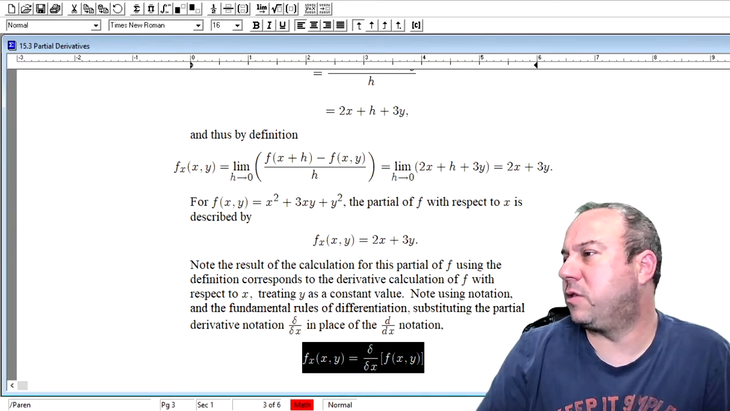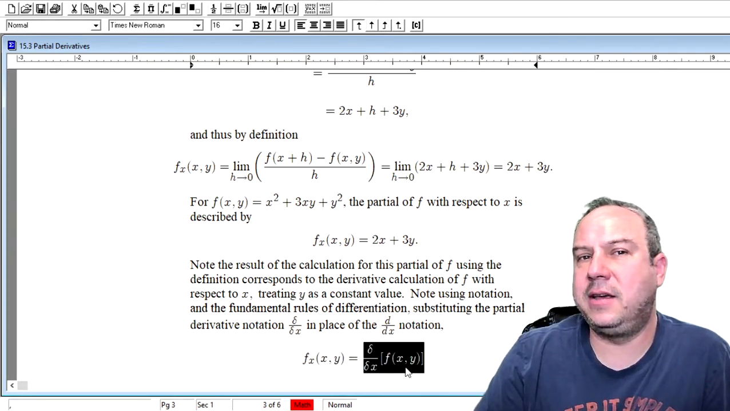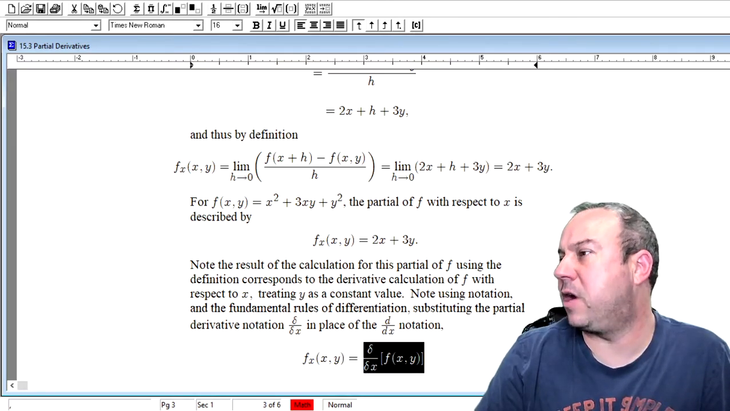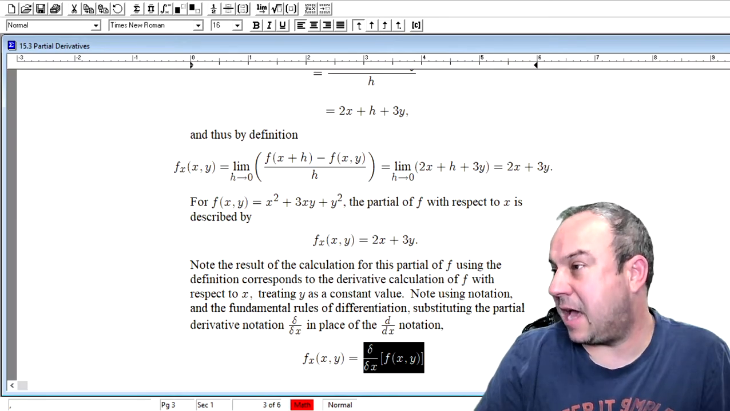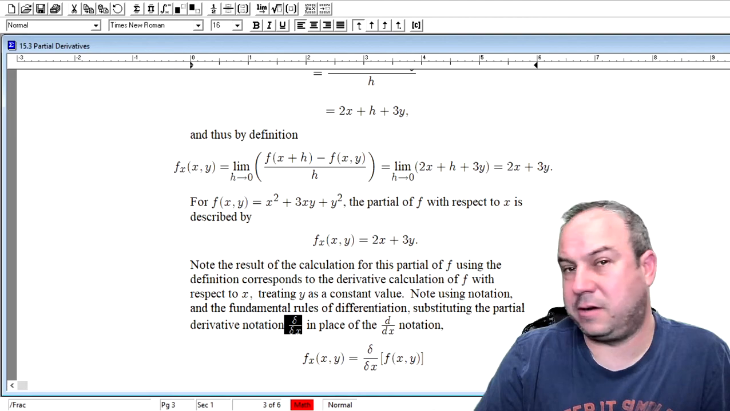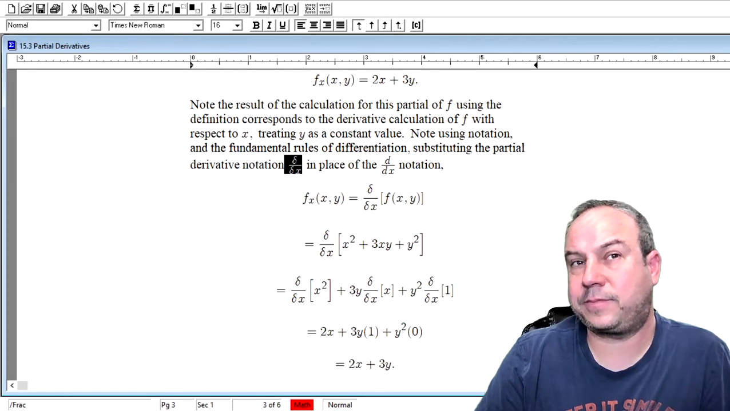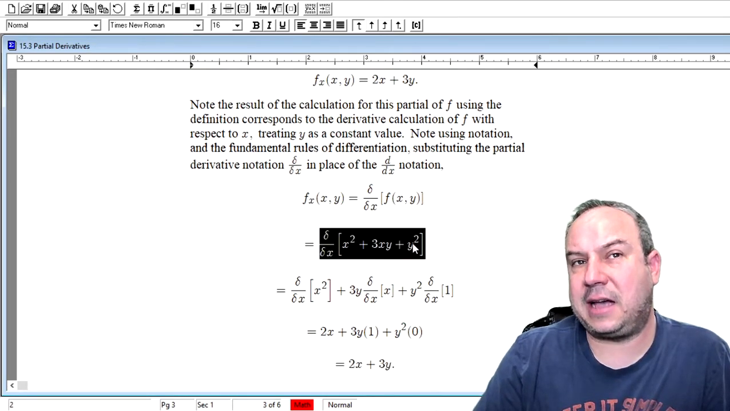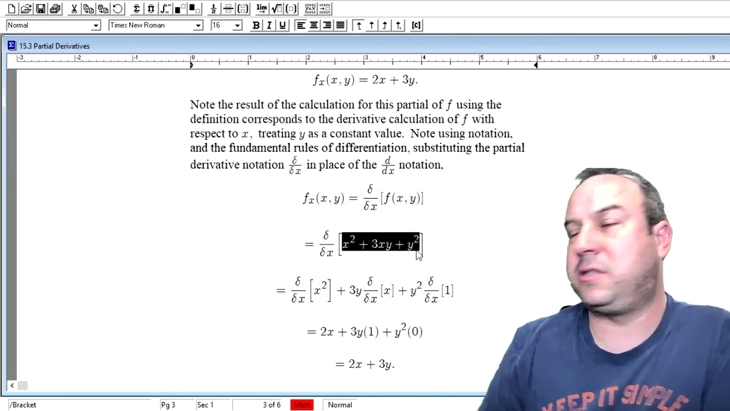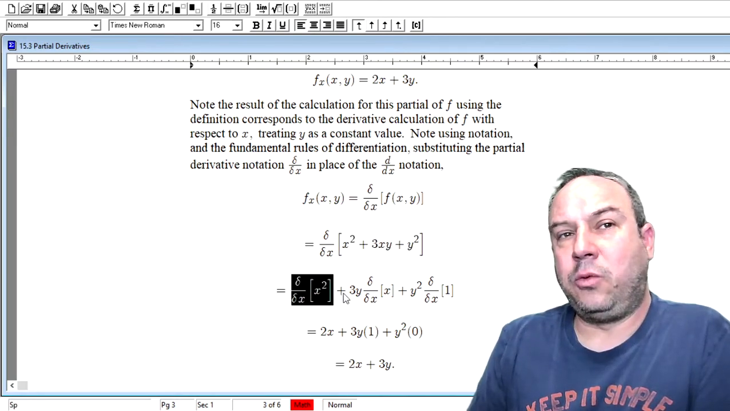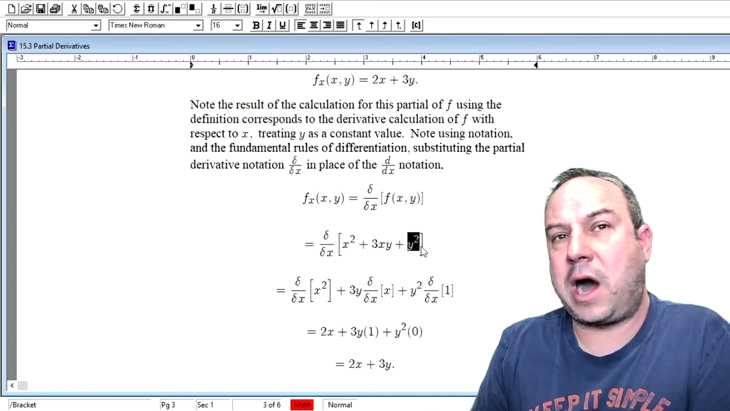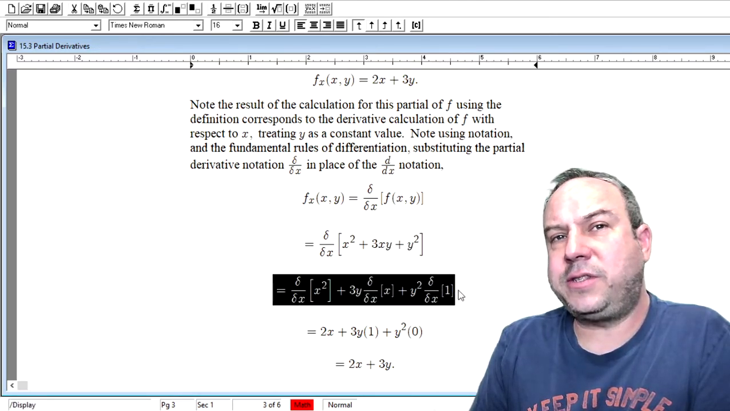f's first partial with respect to x at x comma y would just have the first partial derivative operation with respect to x applied to it. The del x operator applied to it. So if we apply the del x operator to our function f of x comma y, that would be applied to x squared plus 3xy plus y squared. It would distribute itself across each term, x squared, 3xy, y squared, where you can notice in this line,